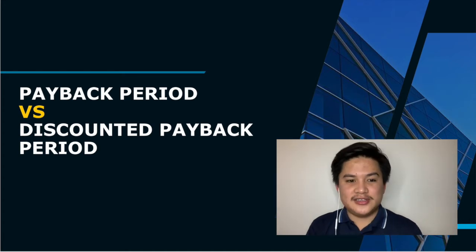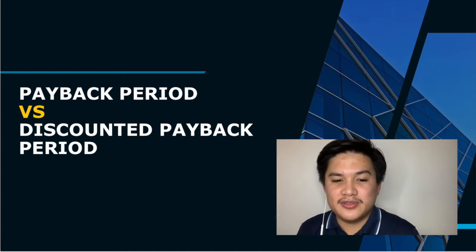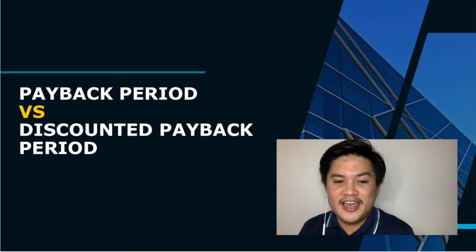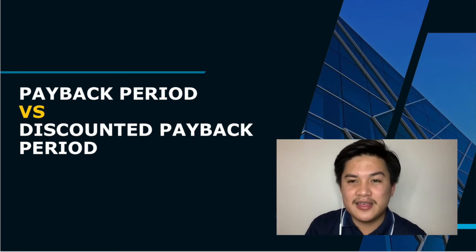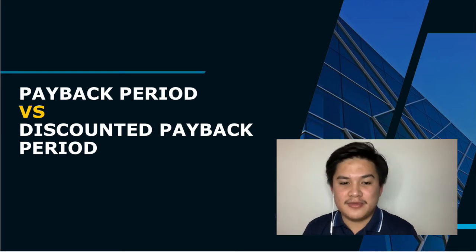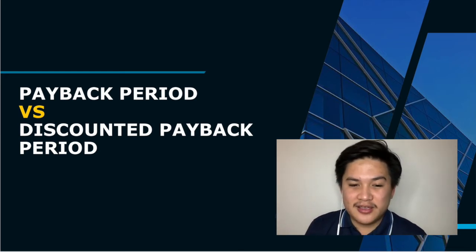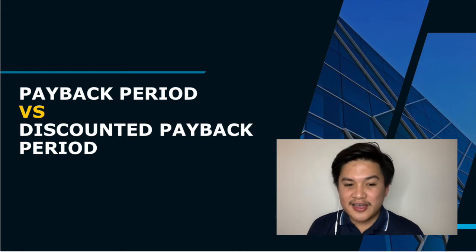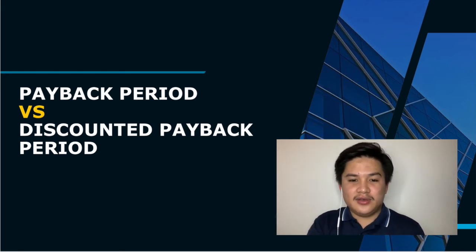So in accuracy, the simple payback period method is a less accurate representation of the break-even point of a company, as it disregards the time value of money. The discounted payback period method is more accurate because we'll be applying the cost of capital. It considers the time value of money. So in weighing in,